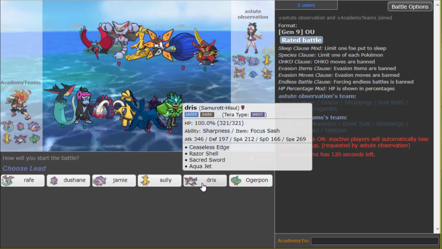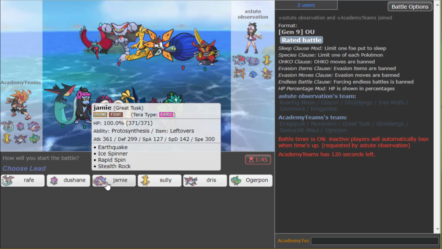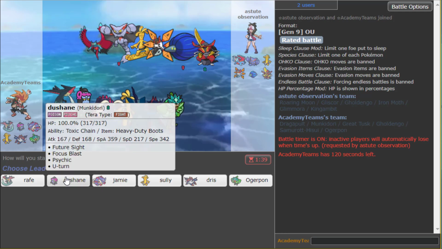I was gonna say Iris. The Samurott's far more valuable in this matchup, and I'm not as pressured by the Glimmora, so I'm not gonna go the same route as that. It's more beneficial to go the Great Tusk route with this particular matchup. Let me think. If I were to...